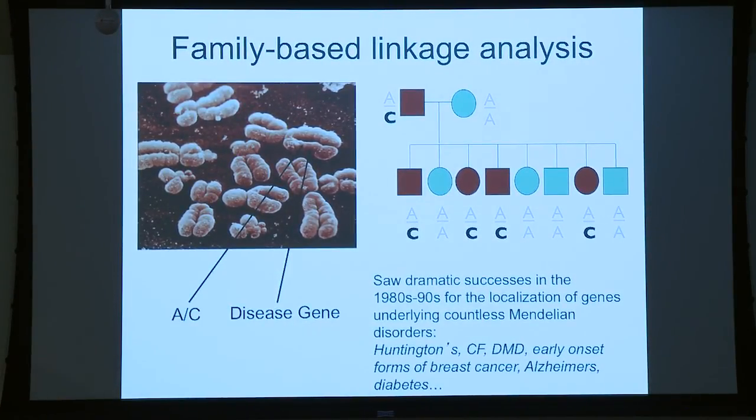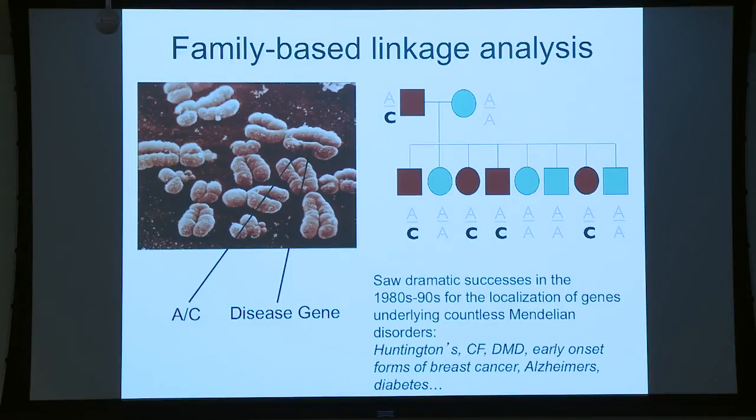And the simple idea is that based on a simple Mendelian pattern of inheritance, dominant, recessive, or X-linked, what one can do is track down, using DNA polymorphic markers scattered at fair distances throughout the genome, the arm of the chromosome, and eventually zero in on the location of the gene that carries the mutation responsible for the disease. Now this strategy, first conceived of way back in the 1950s by Newton Morton and others, who worked out the mathematics of how to take a family and a set of phenotypes and calculate LOD scores, was again decades in